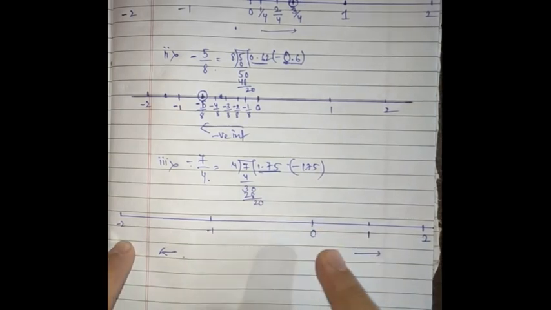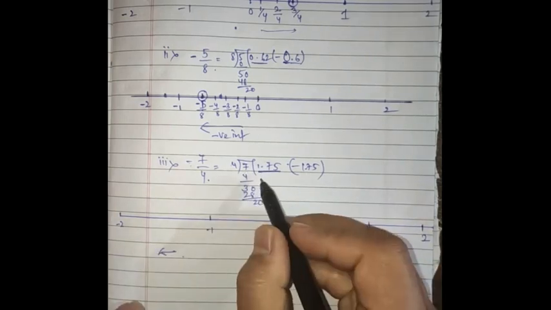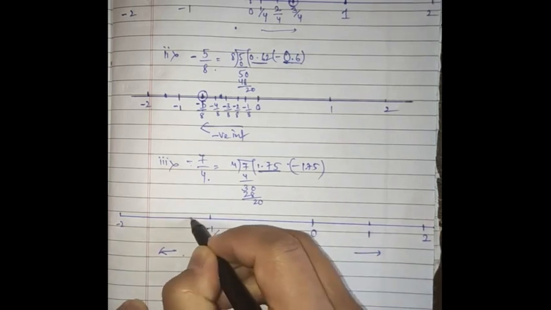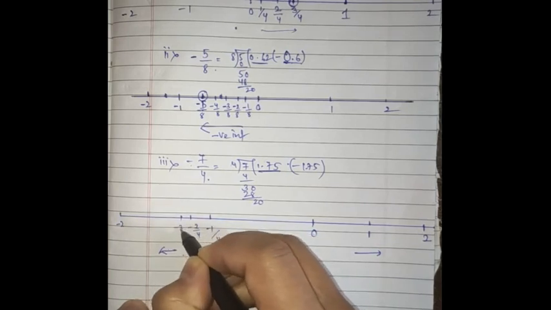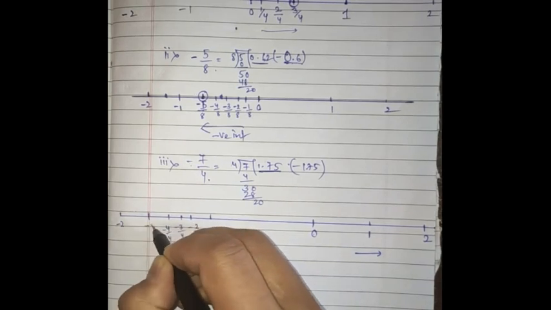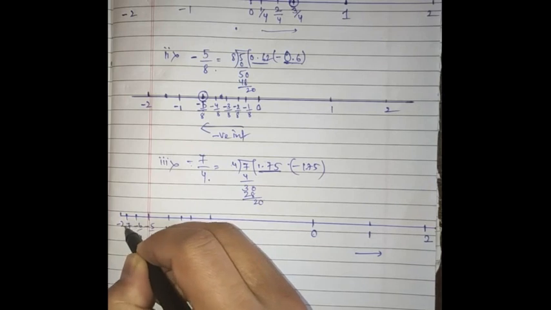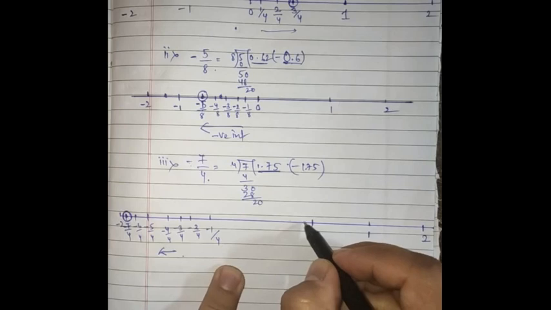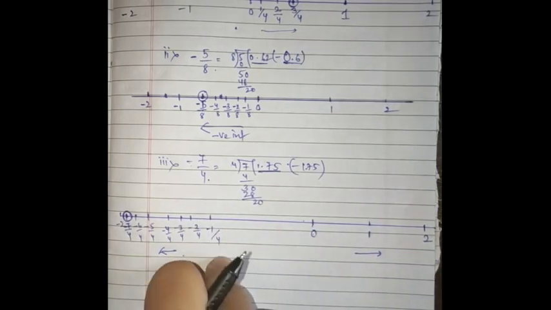Okay, so when I move backward, we are going to write like this: 0. So after 0, minus 1 by 4 will come, then minus 2 by 4, minus 3 by 4, minus 4 by 4, minus 5 by 4, minus 6 by 4, minus 7 by 4. Minus 7 by 4 will be here. Okay, so you could have started from here also, minus 1 by 4. You could have started, but already I have made minus 1, so I have chosen this one.